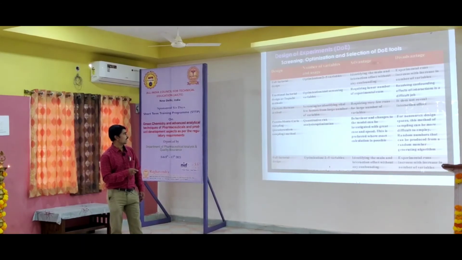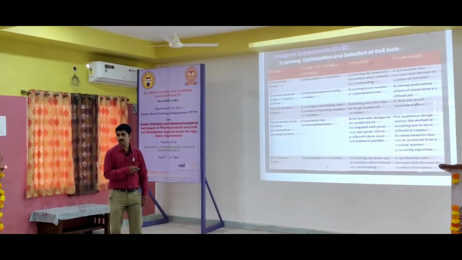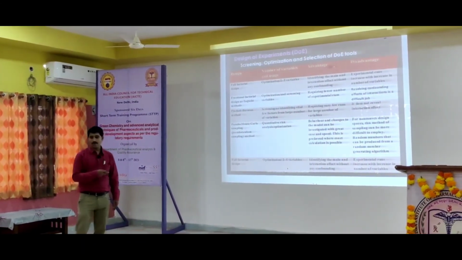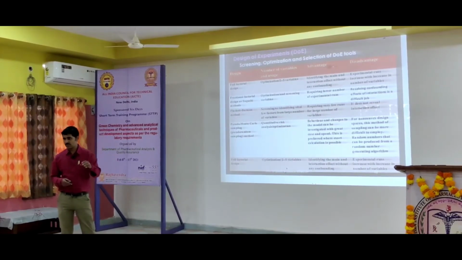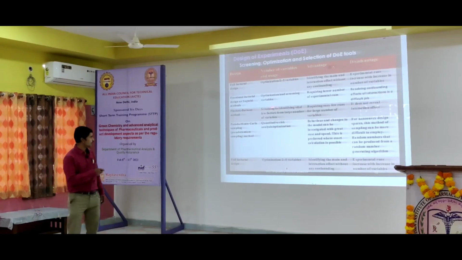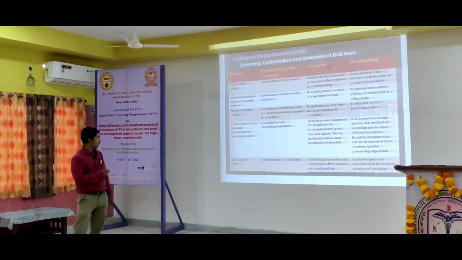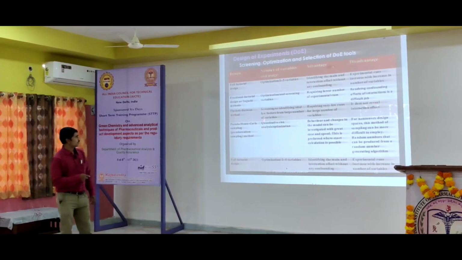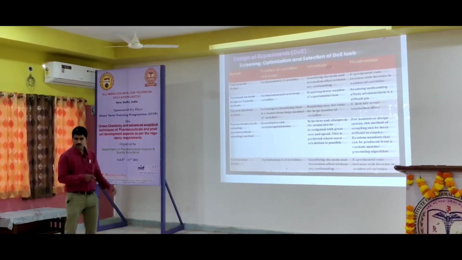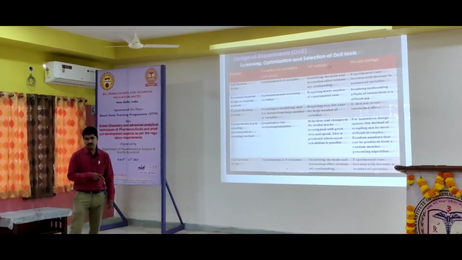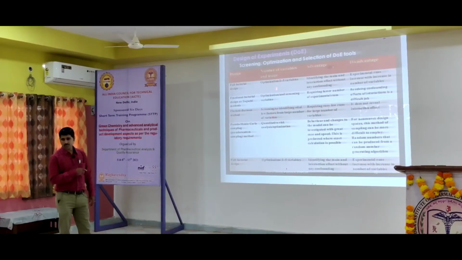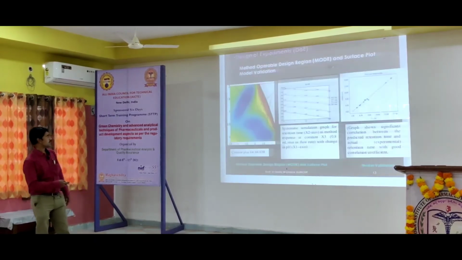Screening and identification of vital few factors from a large number of variables. This is especially useful for pharmacological drug isolation. Suppose you take a natural product, it contains a number of compounds, but you want only a few compounds screened. In such conditions, we can go for Plackett-Burman. Then quantitative risk analysis: if you want to go for quantification, then we can go for the pseudo Monte Carlo sampling method. So based on the parameters, this is how we select which method, and each one has different advantages and disadvantages.